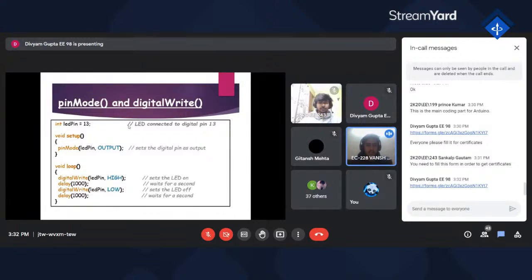Right, in the loop what basically we have to do, we have to run the loop. तो like हमने डिजिटल राइट का देखा था कि इसे हाई कर देगा, लो कर देगा. तो हमने क्या करा? हमने वही करा, डिजिटल राइट लिखा ऑपरेशन and make the pin number 13 as high. Then we wait for 1000, like delay होता है, wait for a second. ठीक है, you will understand this delay command moreover when Sankalp discusses the LFR project with you. Right, then again digital write and you set the led pin value as low. Right, so why we are doing this, you'll understand when you see the project, because you will understand the basic theory part where we are doing, but the motive of doing this you will understand later.